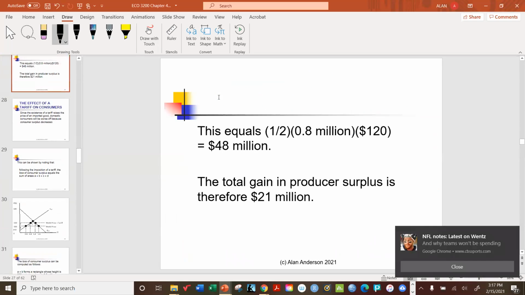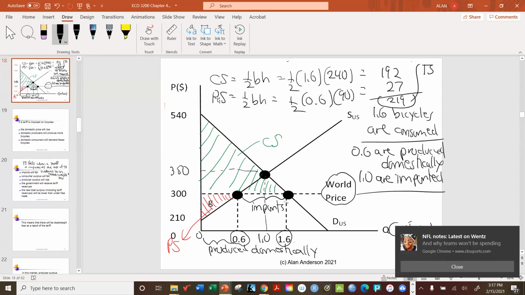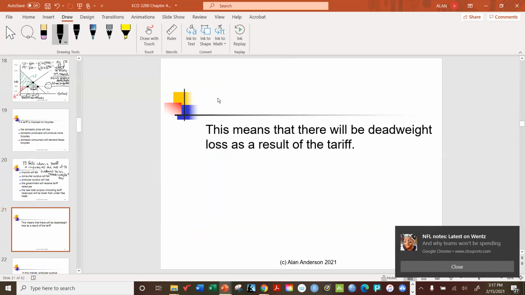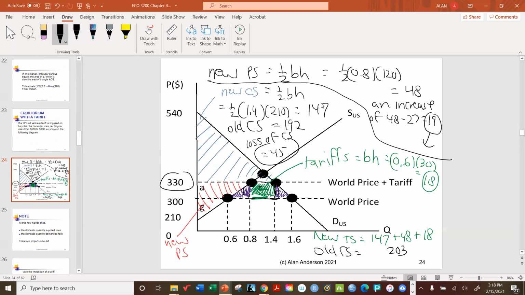All right, now I lost my place. There it is, 219. So the loss is 16. That's dead weight loss. We'll call it DW loss. And so that makes a lot more sense because if you look at those purple shaded triangles,